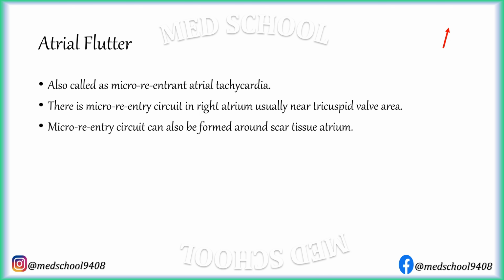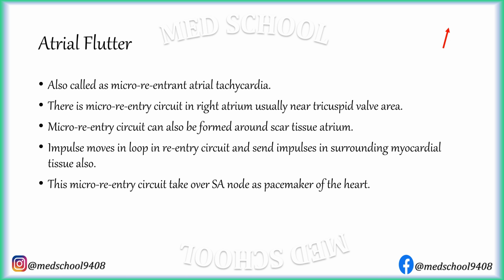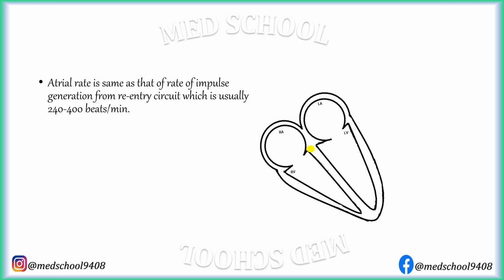A micro-reentry circuit can also be formed around scar tissue in the atrium. Impulses move in a loop in the reentry circuit and send impulses into the surrounding myocardium also. This micro-reentry circuit takes over from the SA node as the pacemaker of the heart. Atrial rate is the same as the rate of impulse generation from the reentry circuit, which is usually 240 to 400